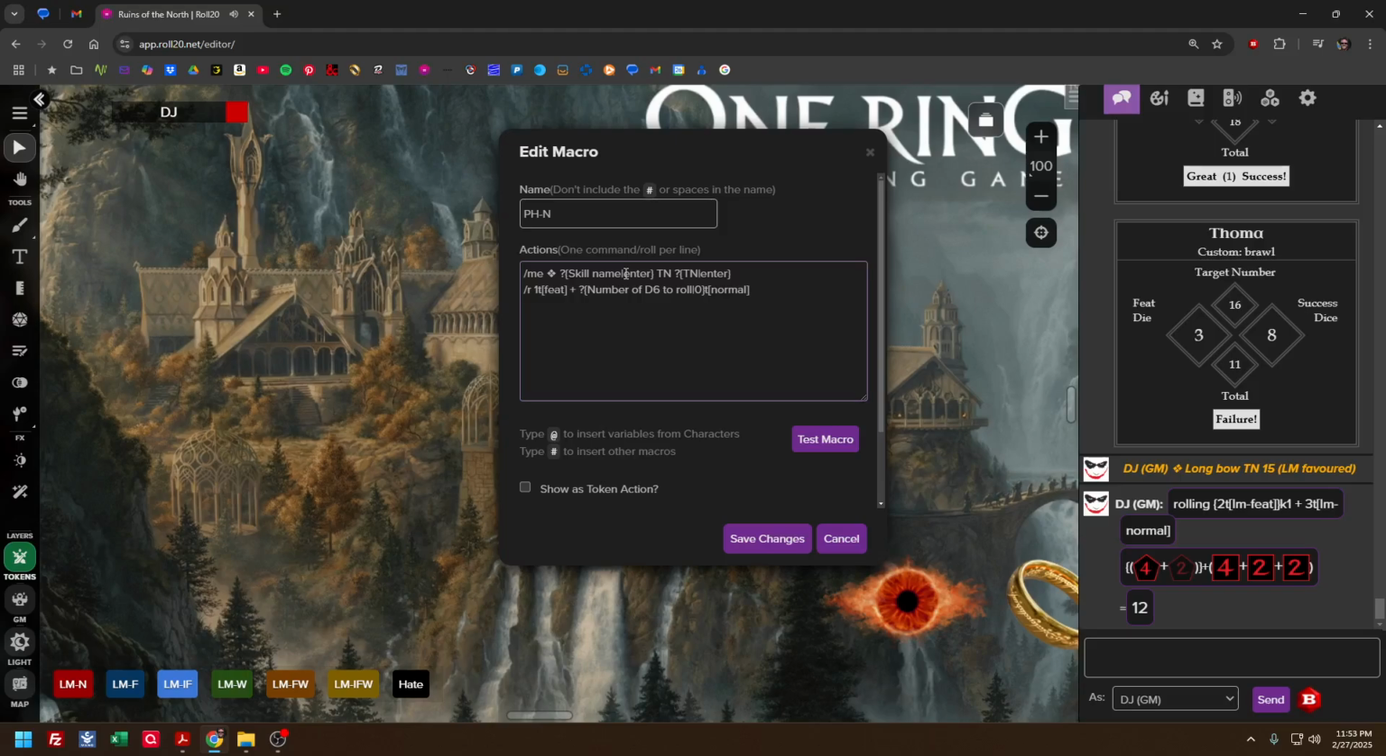Those are in brackets. Yeah, they're in brackets. You should be able to see it. Anyway, and then target number, blah, blah, blah. And then the next line is the actual dice that it's rolling, and it's going to the feat die, okay, which is